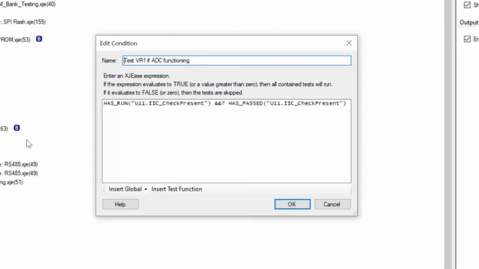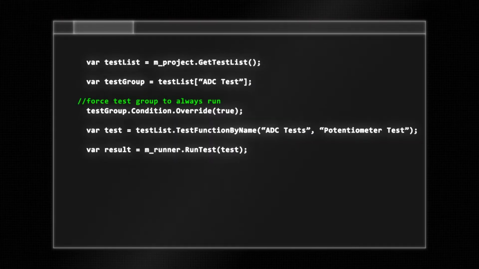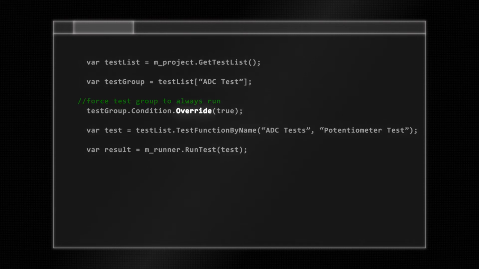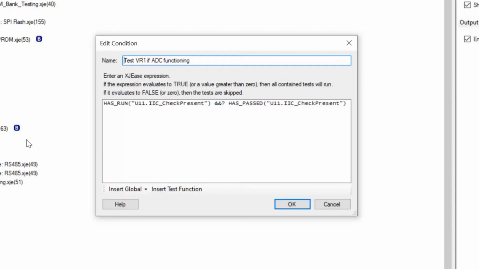If a test has conditions that require another one to have passed first, then using run test to execute it in isolation isn't going to work. So watch out for that. Either use run tests so you can run both tests, or use override to disable the condition. As an aside, that's also a good reason for including the hasRun function in any conditions that rely on another test. It avoids a runtime error if you try to use hasPassed on a test that hasn't run.